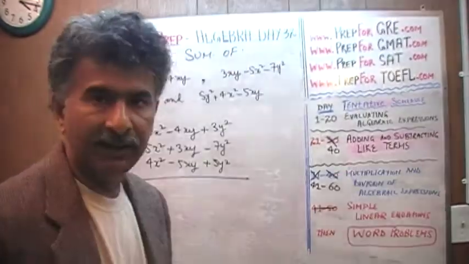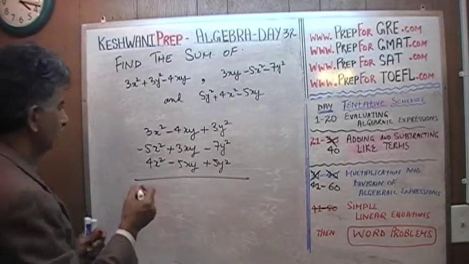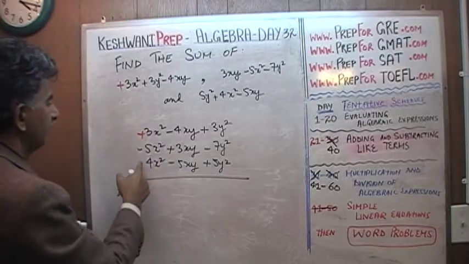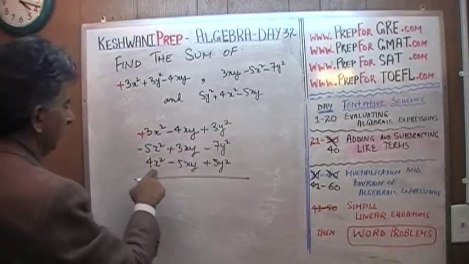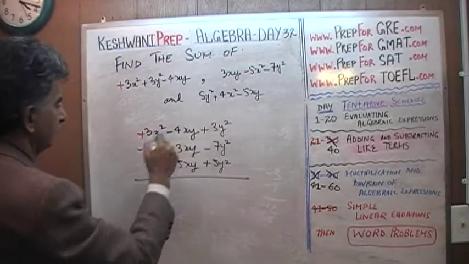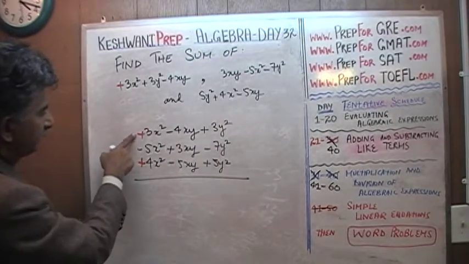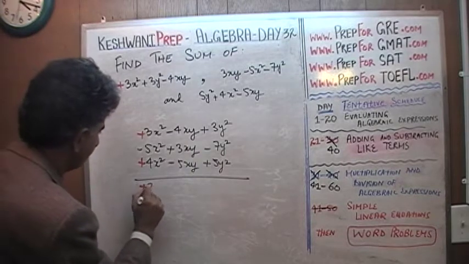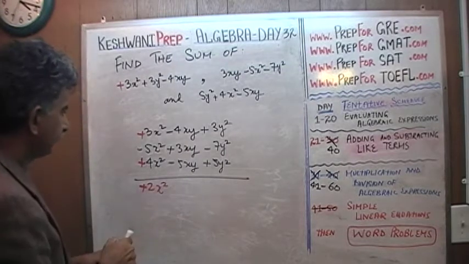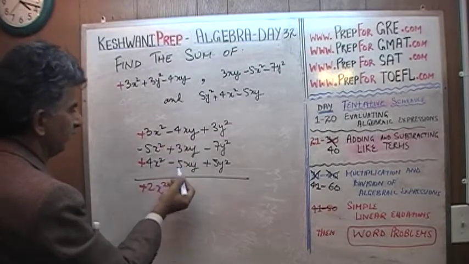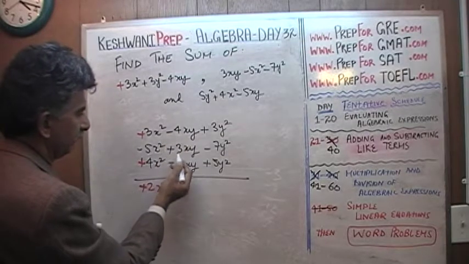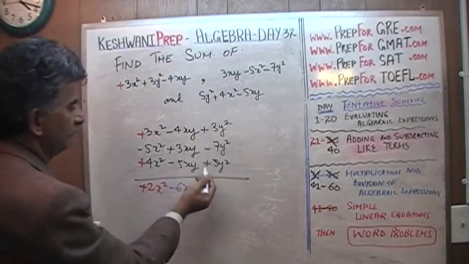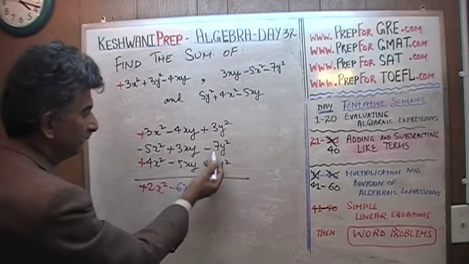all we have to do is simply add their coefficients. So here we have 3x squared with a positive sign in front of it. Then we have negative 5x squared from there, and positive 4x squared from here. So plus 3 plus 4 is plus 7, minus 5 is going to be plus 2x squared. And then we have negative 4 and negative 5 will make it negative 9, plus 3 will give us negative 6. And then here we have positive 3 and positive 5, that's positive 8, minus a 7 is going to